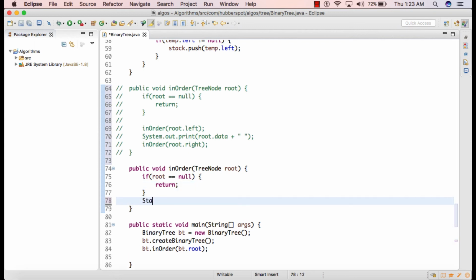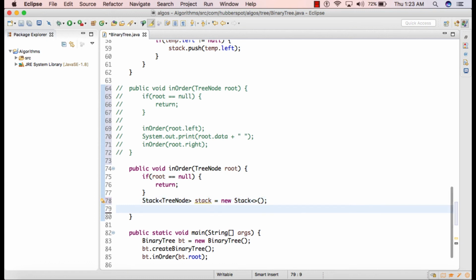Then we'll create a stack which will hold the tree nodes for us. And as we discussed in the slide, we'll create a temporary node and we'll start it from the root. So TreeNode temp, and we'll simply assign the value of root to it.